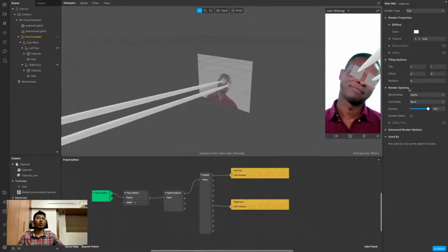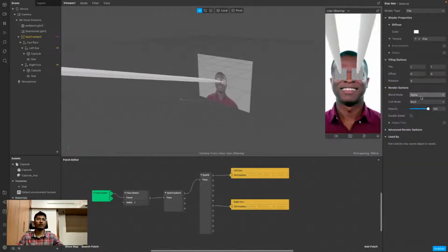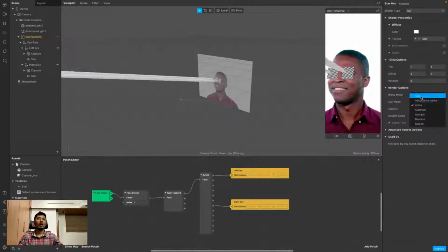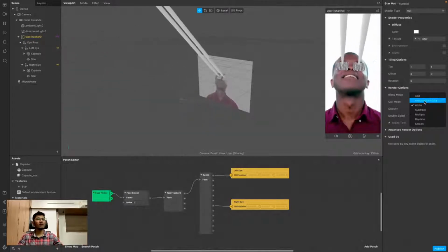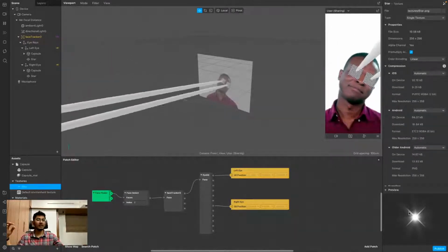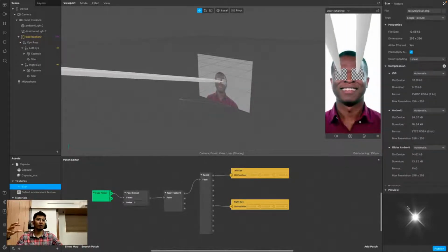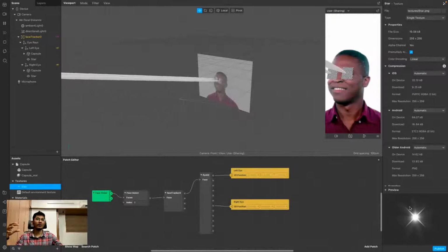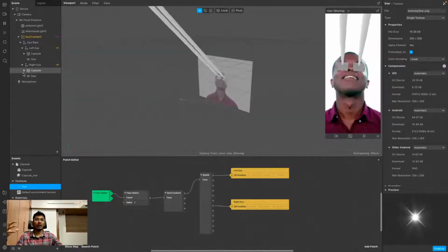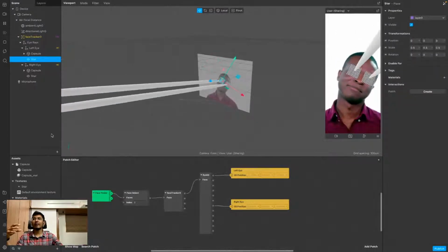Then you can see the render options. Blend mode is alpha. These are various blend modes which you will be able to know, like alpha and associative alpha. So what is alpha? If you can see this image, it's a PNG. It's a transparent image. Only a certain part has a texture, or you can say color. Otherwise, it's totally transparent. If we want to apply the same thing in our plane, that's why the blend mode is kept to alpha